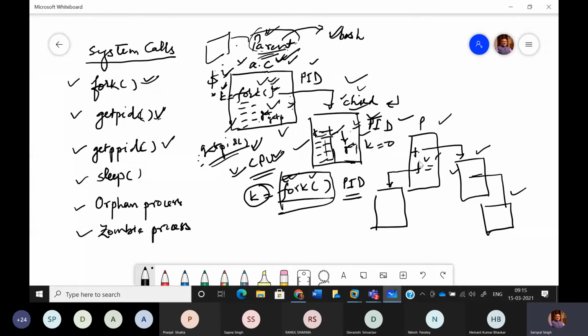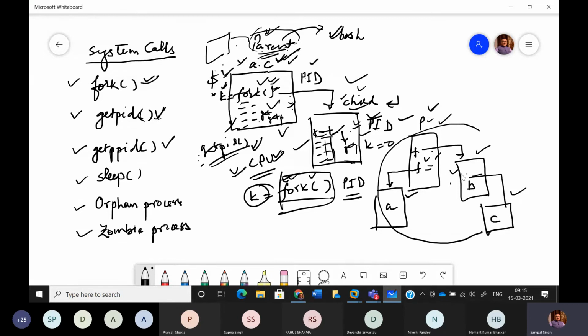Similarly, here this fork of the parent has created a child. So these children A and B are siblings because they belong to the same parent. Whereas this process C is the child of this B process. So for C, the parent is B, and for B, the parent is P. Okay. So this way, how many total programs will we have in the memory?